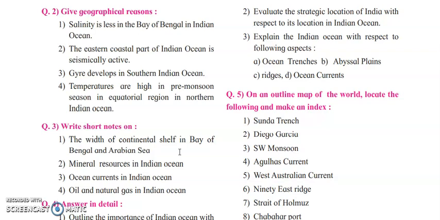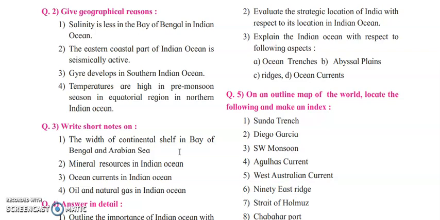The first give reason is: salinity is less in Bay of Bengal. We all know that in the Bay of Bengal there is the river Ganga which comes and meets it. Now this river Ganga has a lot of potable water, means water which has no salt in it, which is drinking water. As the extent of Ganga is very huge, the potable water reduces the salinity at the Bay of Bengal.